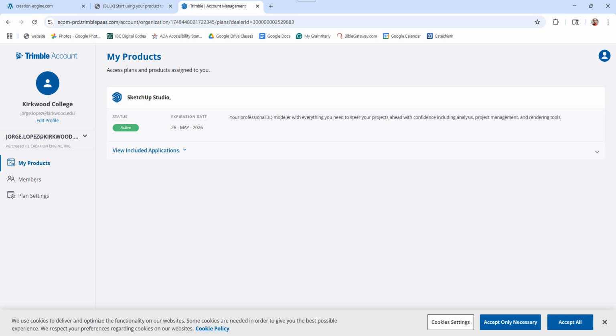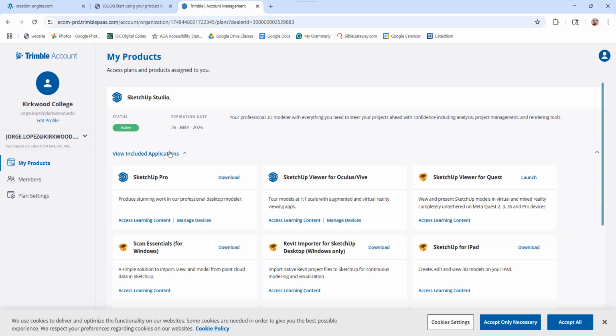And here it should say what you purchased, and that is an active product. And when you click on View Applications, you'll be able to download the SketchUp that you purchased. The expiration date should be a year after the day you purchased it. Click on Download